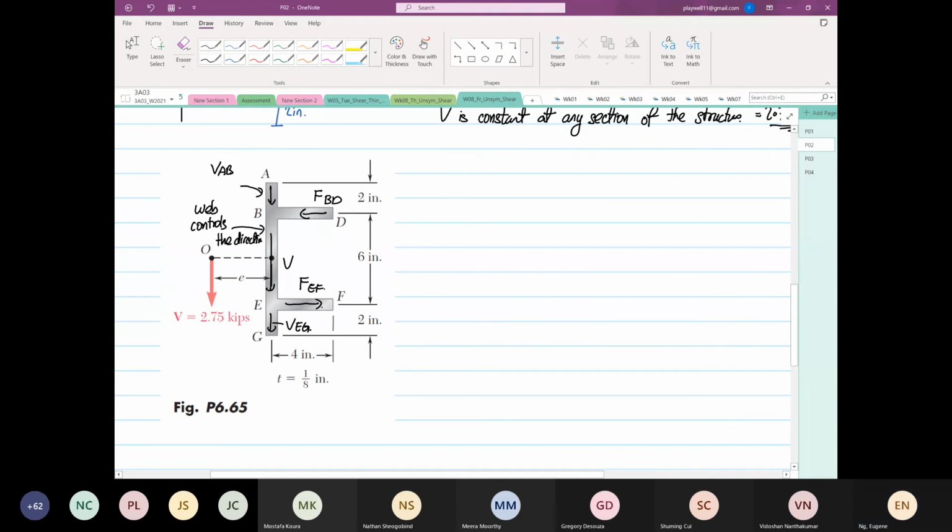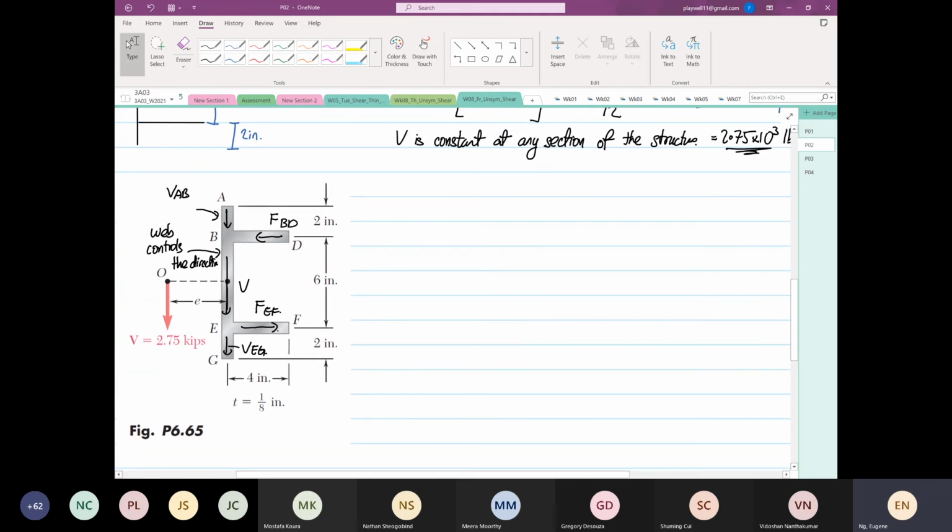So from here, based on where the forces are acting, we know that VAB is equal to VEG, and FBD is equal to FEF. This is basically because of geometry, because the BD geometry and the EF geometry in terms of thickness